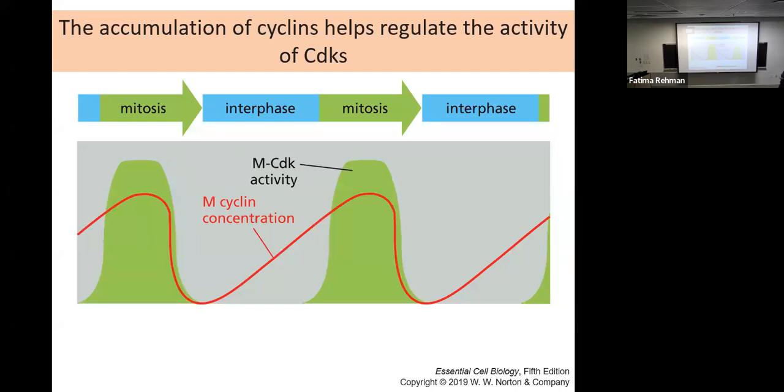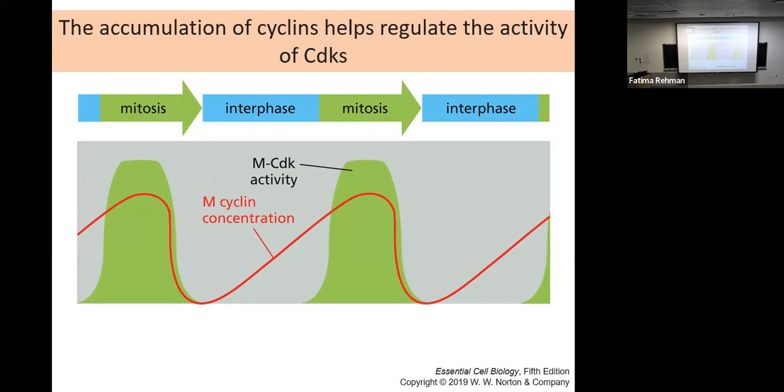If you look at mitotic cyclin, the cyclin that is present to trigger mitosis, which would be the mitosis promoting factor, it is going to peak during mitosis, then rapidly degrade. During interphase, it will start to be produced and slowly reach its maximum. And then once the cell enters mitosis, it will again rapidly degrade and then go on the same cycle. This particular mitotic cyclin was found to be cyclin B.